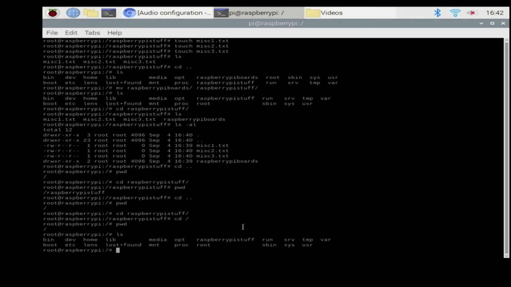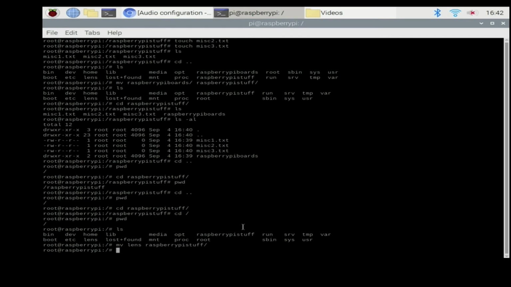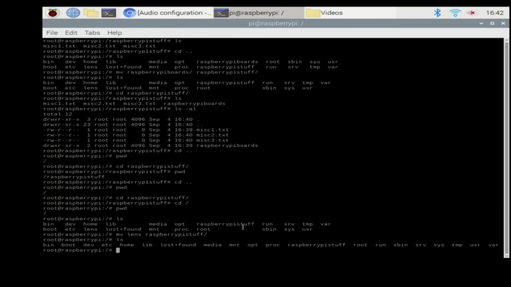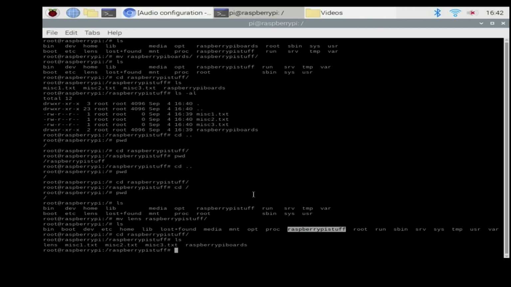So now if we do an ls, we also want to move, we were going to put the lens box inside of that stuff instead of Raspberry Pi stuff as well. So we'll move that box in there. And so now if we do an ls, you can see that we only have our Raspberry Pi stuff folder now. The Raspberry Pi boards is gone and the lenses are gone. And so if we go into Raspberry Pi stuff and do an ls, you can see now we have the lens folder here, we have Raspberry Pi boards over here,